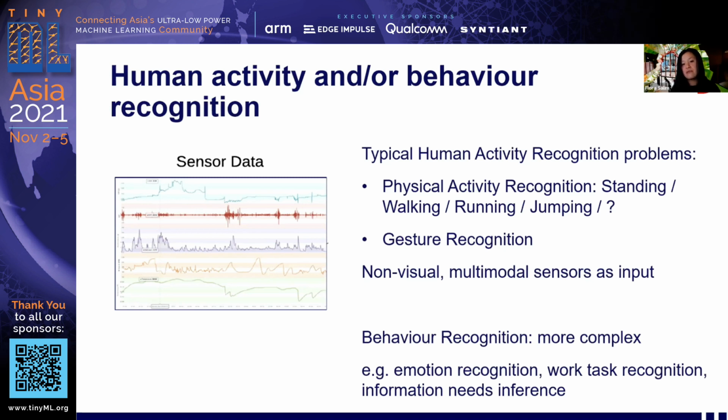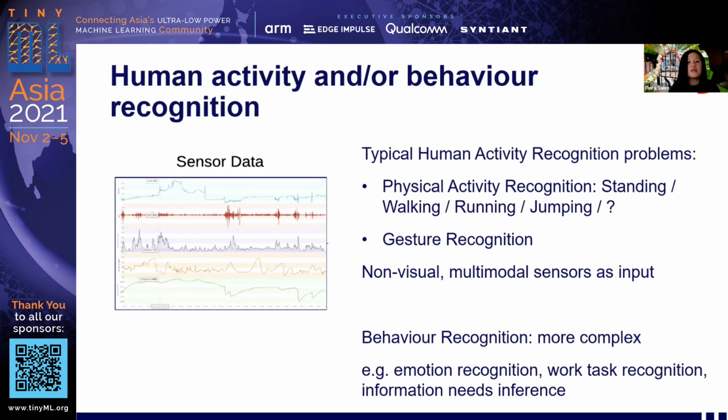This behavior recognition can come from different sensors. For example, you may want to recognize people's emotion, or people's tasks. If somebody's at work, are they having a meeting, doing a presentation at the moment? Right now, because this is online, I'm sitting down while giving a talk, and I'm having gestures around my face. So I'm giving a talk, right? How do we recognize this certain behavior? And why is this important?